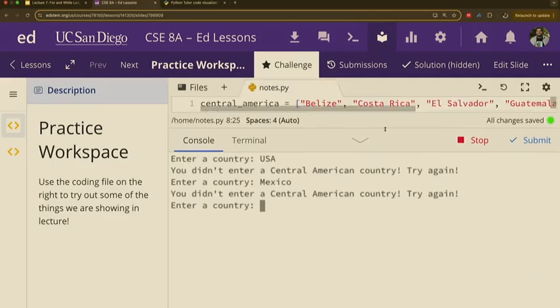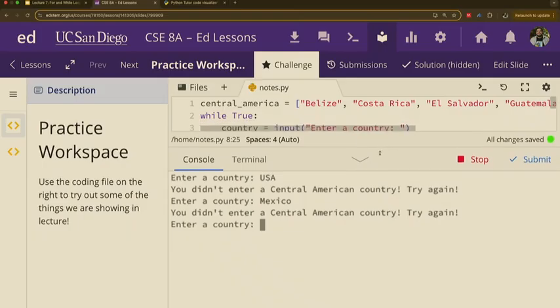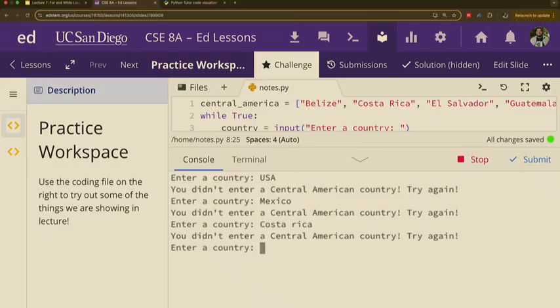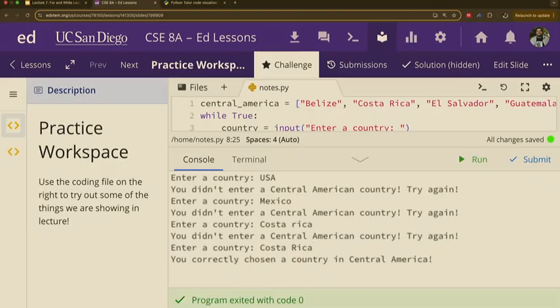Costa Rica. Oh, that's not there. Why is it not there? Yes. We have to make sure it's exactly the same. Costa Rica with the capital R. You have correctly chosen a country in Central America.